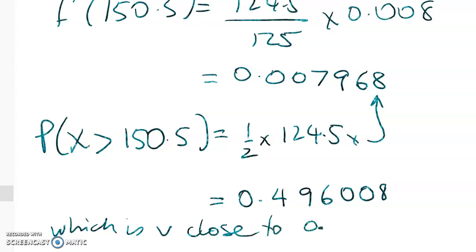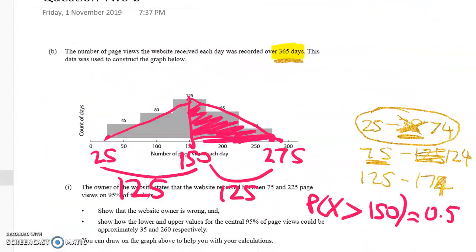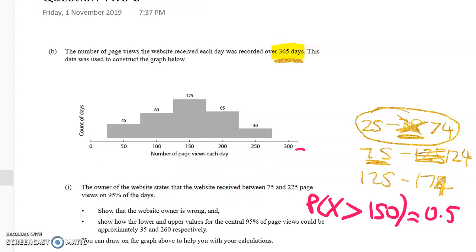to 0.5. And the other thing going on in here is that all of our data is in categories anyway, right? So we go back to here, it's not like we had really, really accurate data to start with. We had quite rough grouped data. And so it's kind of like dancing on the head of a pin to go and do a continuity correction because we've got grouped stuff going on in here. And then we're going to go and do this really fiddly thing with the continuity correction. So I would argue that you don't need one, but I do that by showing that it makes very little